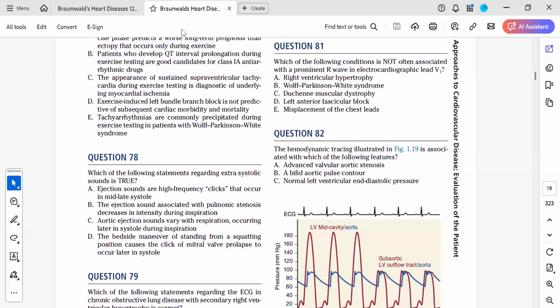Okay, so question 81. Which of the following conditions is not often associated with a prominent R wave in electrocardiographic lead V1? The A option says right ventricular hypertrophy. B says Wolff-Parkinson-White syndrome, Duchenne's muscular dystrophy, left anterior fascicular block, and misplacement of the chest lead. So for prominent R in V1, right,